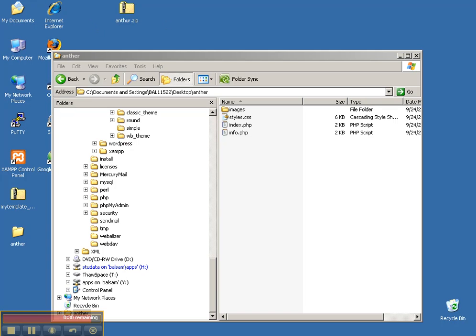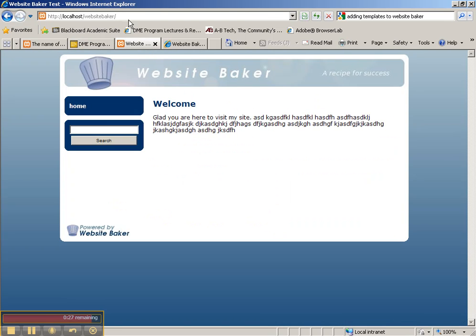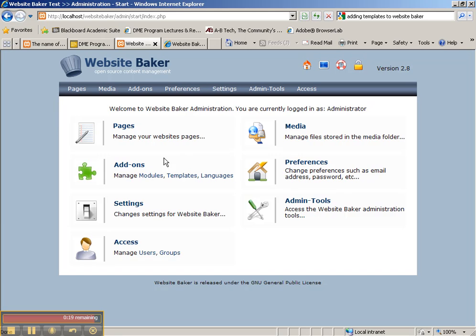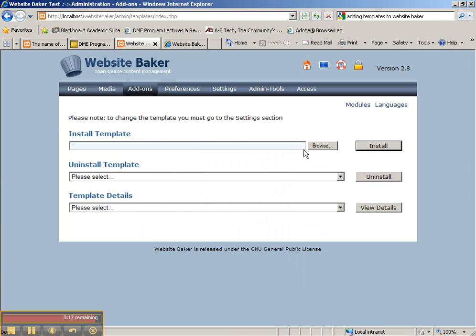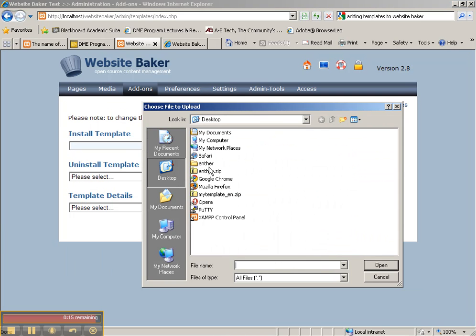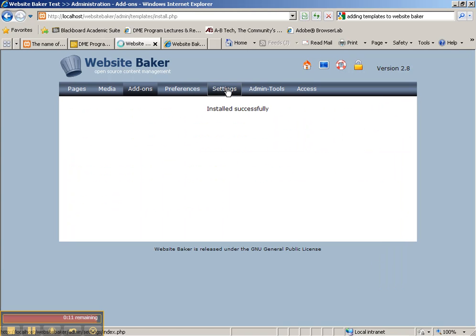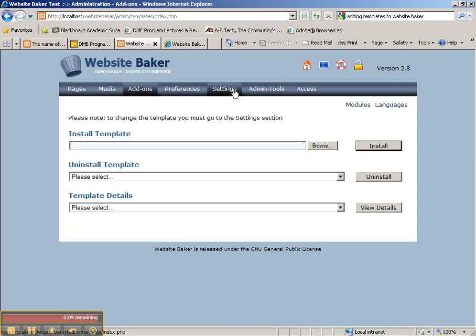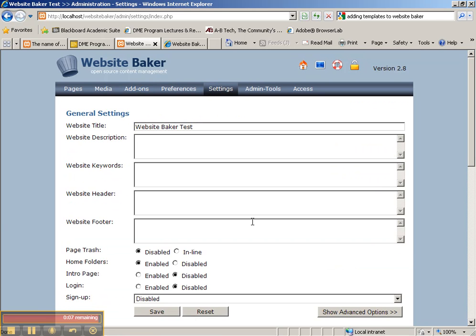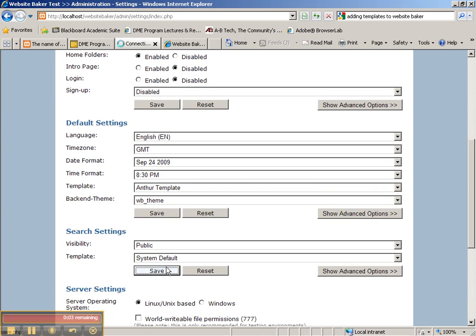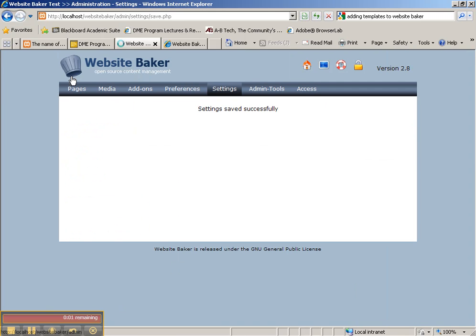Now we go back to Website Baker, we log in, admin with pass. Then what we want to do is go to add-ons, and we want to install the template from the desktop. Now we go to settings, we change our template to Anther, we can save it, and then take a look at